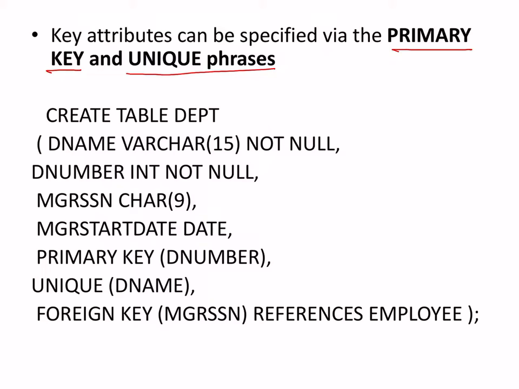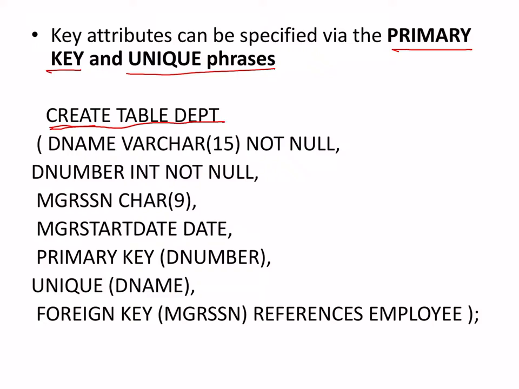Primary key, I have already mentioned in my prior videos what a primary key is. A primary key is a key or an attribute which will help identify the different tuples from each other. You can uniquely identify the different rows in a table, that is what a primary key is. Now let's see how a create command looks with these attributes and constraints put under it.